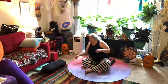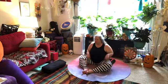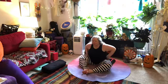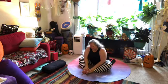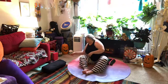All right, we're gonna do a forward bending pose, and this is the point where you might want to get a bunch of pillows or a chair or something like that, because you want to be able to lean into support. Okay, so I'm going to leave this little blanket underneath my hips, and then I'm going to bring my feet together in this butterfly shape, and then my hips will come forward a certain amount, and then from here I want to create a stack of things to lift